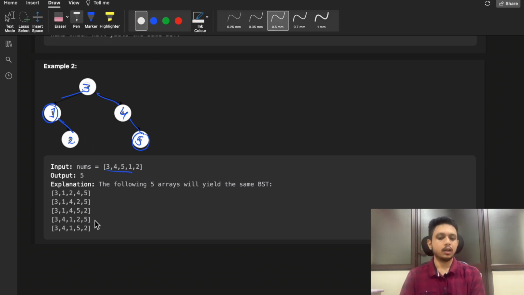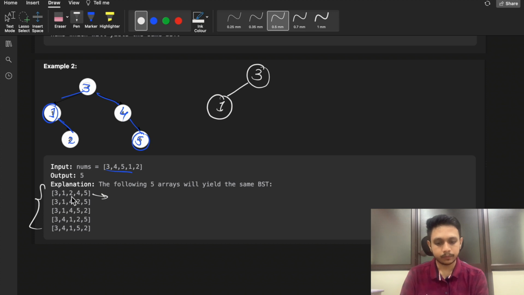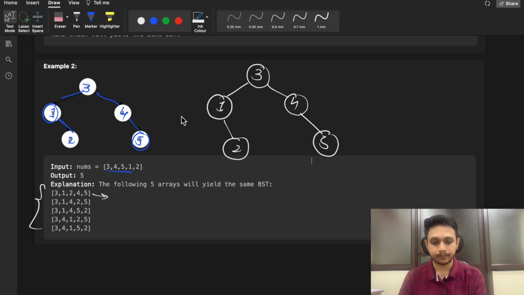Okay, now we need to find valid permutations. So in the explanation part we are given a few of the valid permutations. So let's try to draw the binary search tree for the first one. So it is 3, so 3 is the root. Now 1 would be part of the left subtree, so 1 would come here. 2 is lesser than 3 but greater than 1, so it would be here. Then 4 is greater than 3, so here. 5 is greater than 3, so right subtree. 5 is also greater than 4, so towards the right. Now if you compare both of these binary search trees, both are the same, so yeah, that's why this is one valid